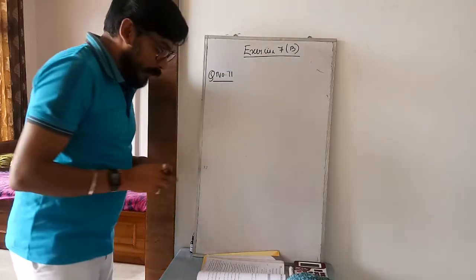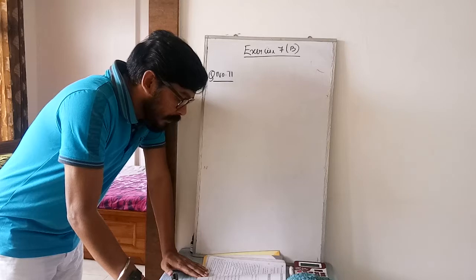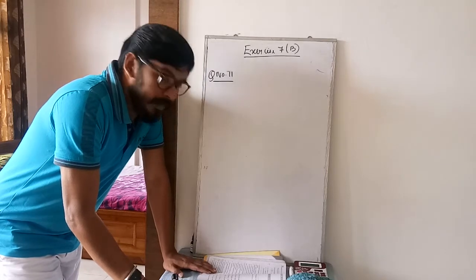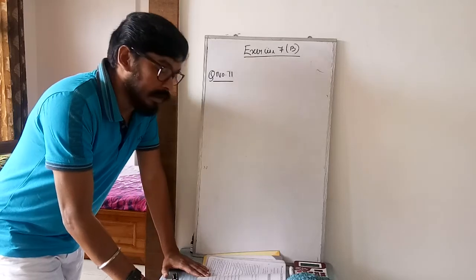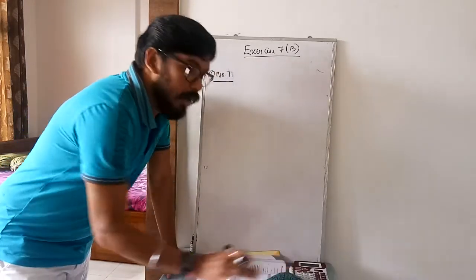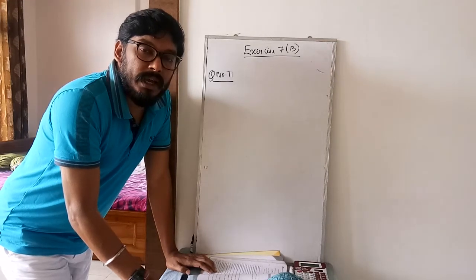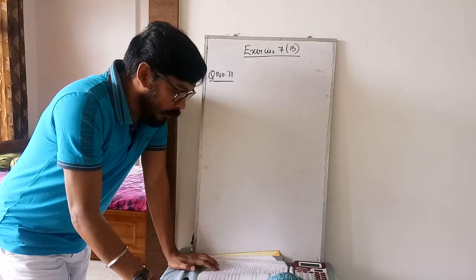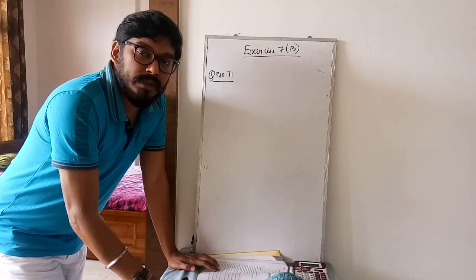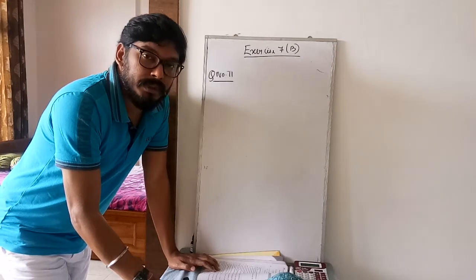Okay, so let me read out the question first. They have said Shushma is now 15 years older than Vijay. So whenever we speak of the sum of age, you will consider it as present age. Shushma is how many years older than Vijay? 15 years. So here Vijay is smaller and Shushma is bigger.